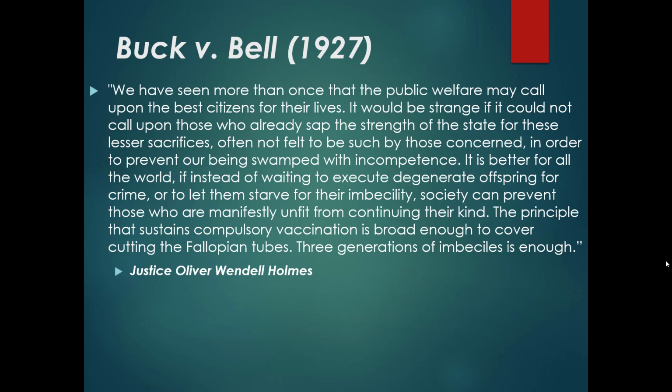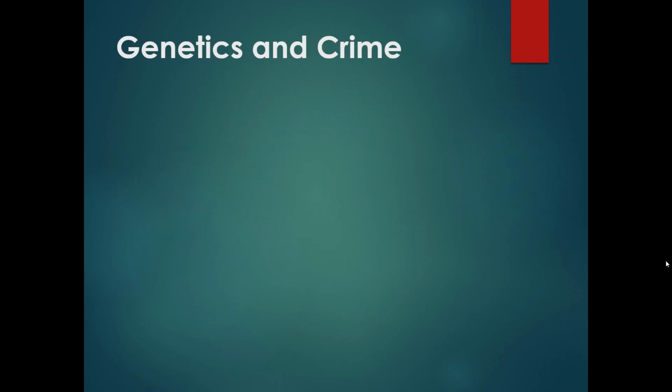So you can see here where our country has made some rather drastic decisions in order to prevent criminality based on some kind of iffy theories about what causes criminality. Well, let's fast forward a little bit, and we're going to go into the 60s. In the 60s, the genetics movement is all but gone. However, there were other kinds of theories that came about because of certain killers or mass murderers.